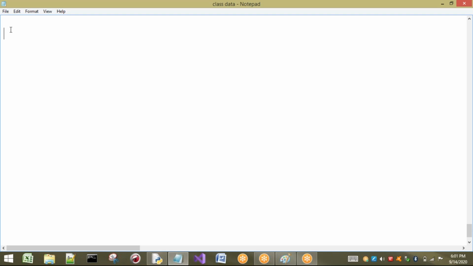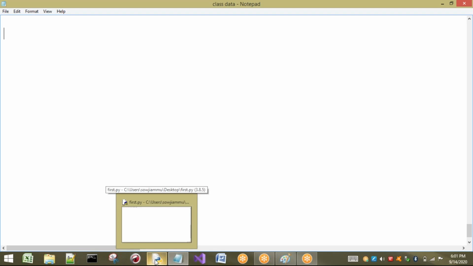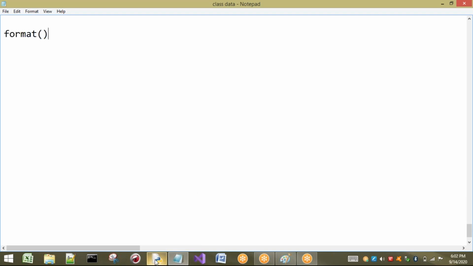So today we are going to see one more function to make our print statement easy to understand, or if you want to see the output attractive, I can use a function called the format function. So today I'm going to explain about this format function. After completing this, I will explain about command line arguments. So first is format.